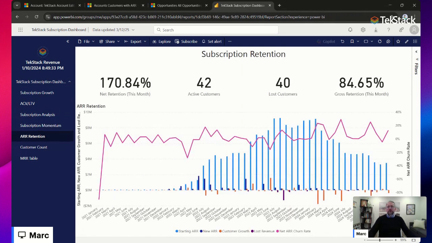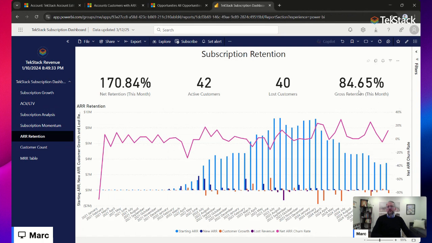Really key metrics are all these net retention, gross retention conversations. Very difficult to calculate, right? Because gross retention is basically what we've always known as retention. It's how much of your recurring revenue was renewed off existing contracts. And that number ideally needs to be over 90, right? This is 84. And then net retention is, okay, of the customers that are sticking around, how much more did you sell them? Ideally, this number wants to be north of 110.